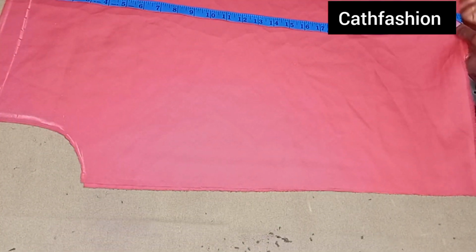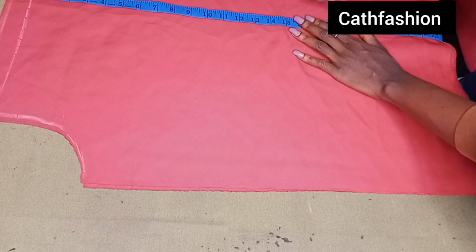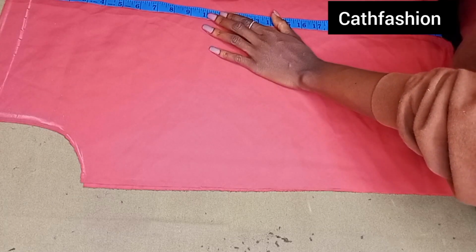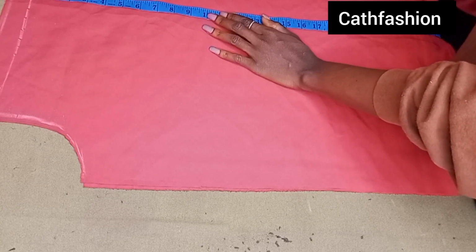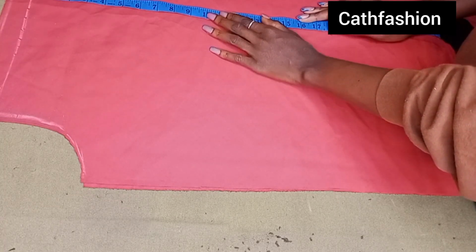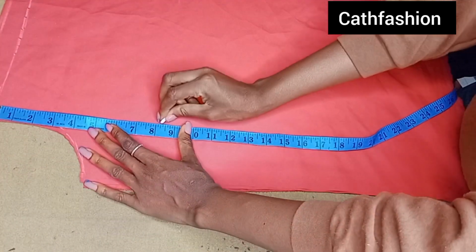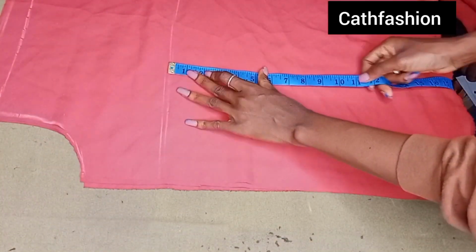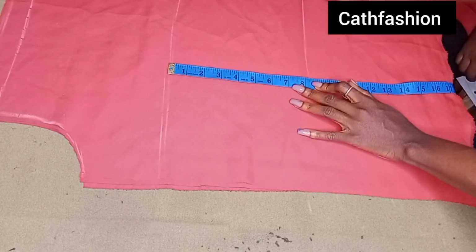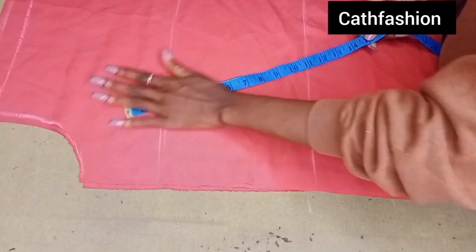So guys, I went ahead to measure the sleeve aside the folding, and I got 25, okay? I have 25 inch over there. Since you're just going to divide it into 3, because it's going to be having an elastic at the center and also at the down part of my sleeve. So 25 divided by 3 is 8.5. I've gone ahead to measure 8.5 from the upper part and also 8.5 from the second one that we just